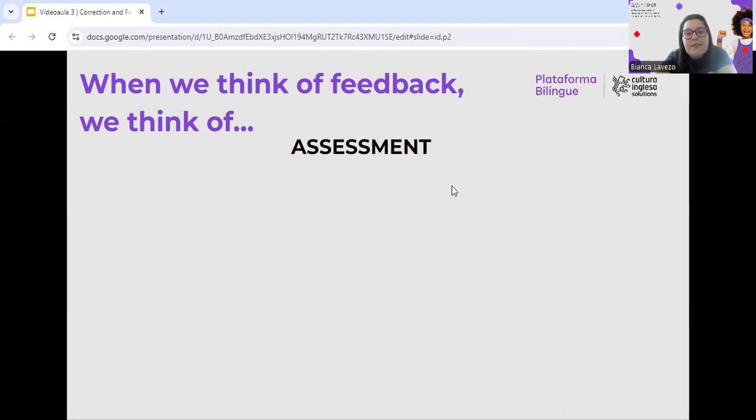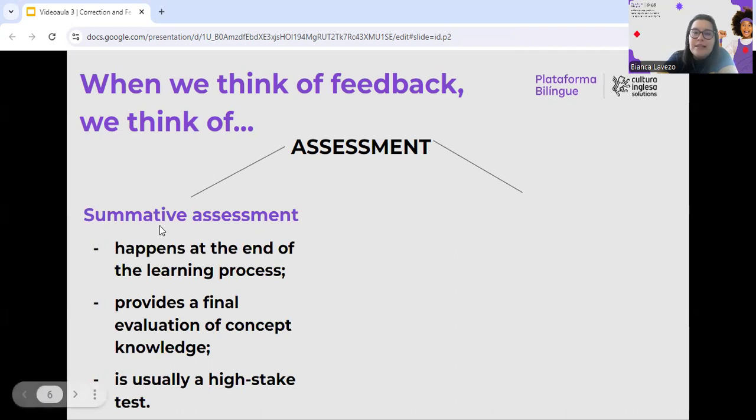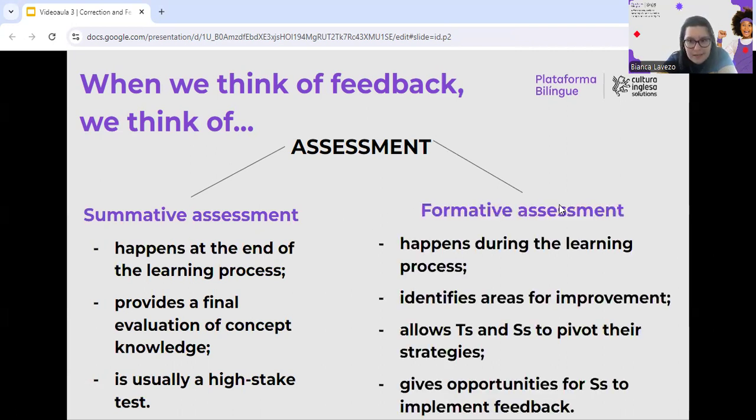But first, when we think of assessment, there are basically two types of assessment. We can think of summative assessment and formative assessment. Summative assessment happens at the end of the learning process, always as a result of something, right? It provides a final evaluation of some sort of knowledge that they learned, and is usually a high stake test. So it's easy to remember because summative assessment, you might think of something that sums up,